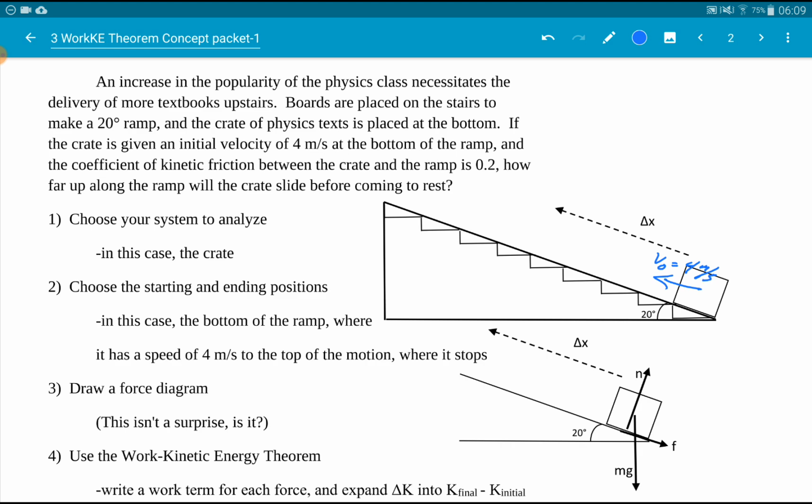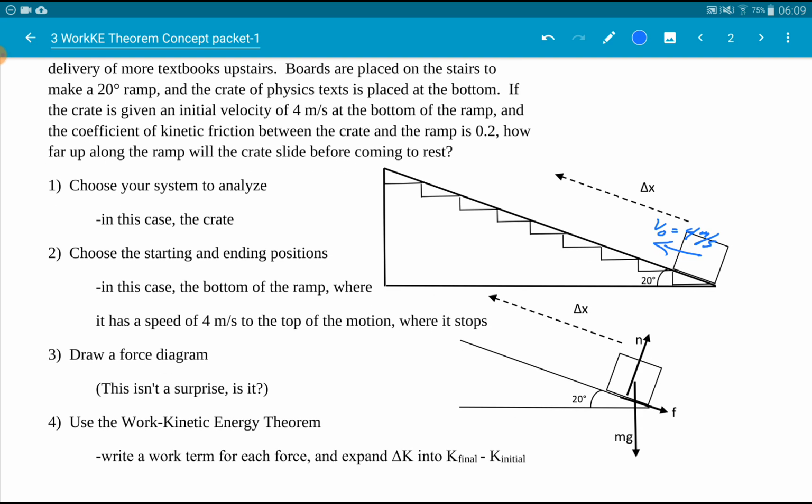We get it going that fast right at the beginning here, and then just let it go. How far is it going to slide up there? Probably not how we would actually do it in reality, but we can make an easy problem out of it anyways. So then we're going to choose our system, and in this case we choose the crate,